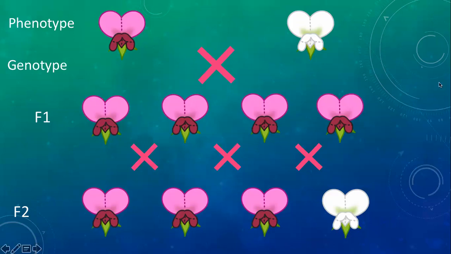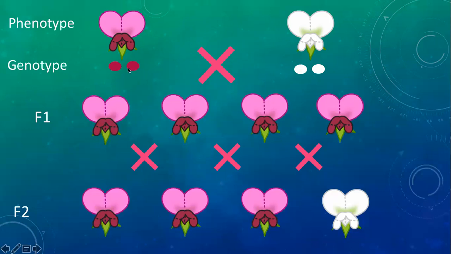So, since we start with purebred plants at the beginning, each of the red colored plants would have 2 alleles of the red color gene variant. And each of the white colored flowers would have 2 white alleles. Now, when you breed them with each other, you will always get one of the alleles from the one parent and one of the alleles from the other parent. And it's pretty random which of these will be chosen.